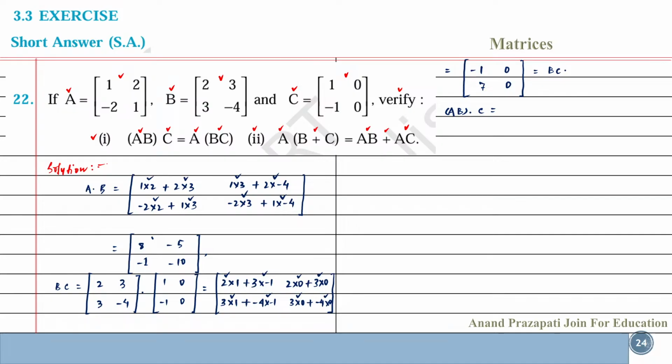Already we find out AB, which is 8 minus 5, minus 1 minus 10, and C is 1 minus 1, 0 0. So multiplication of these two will be 8 into 1 equal to 8, and minus 5 into minus 1 equal to 5. So 8 plus 5 equal to 13, and